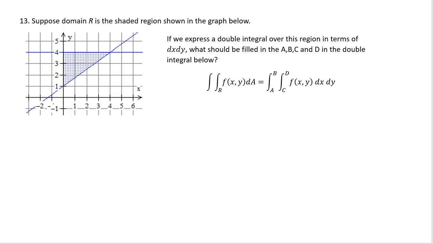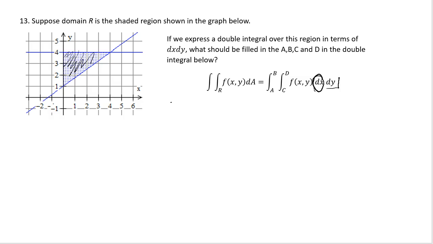Number 13, we have to figure out the bounds for this integral. So we are given this shaded region here, and since it has dx inside and then dy,